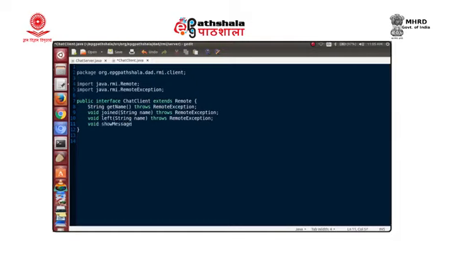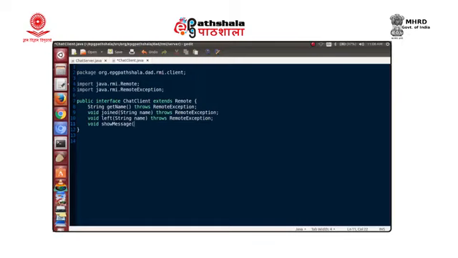Now, this showing of the message is going to be different for different kinds of implementations. You might have a console based implementation of a chat client. If it is a console based implementation, then show message may be just doing a System.out.println, but in case of a GUI, it might have to be appended in a text area. So, there will be different implementations. Show message is the server asking the client that you need to handle this message.